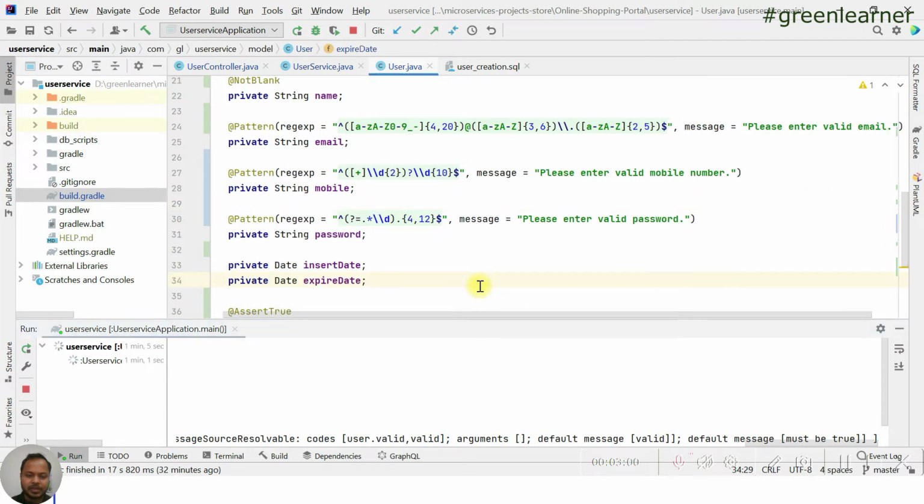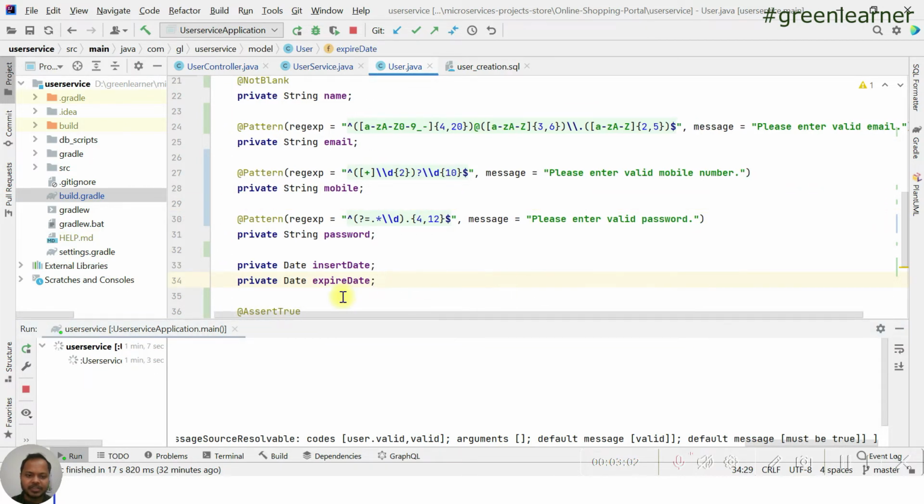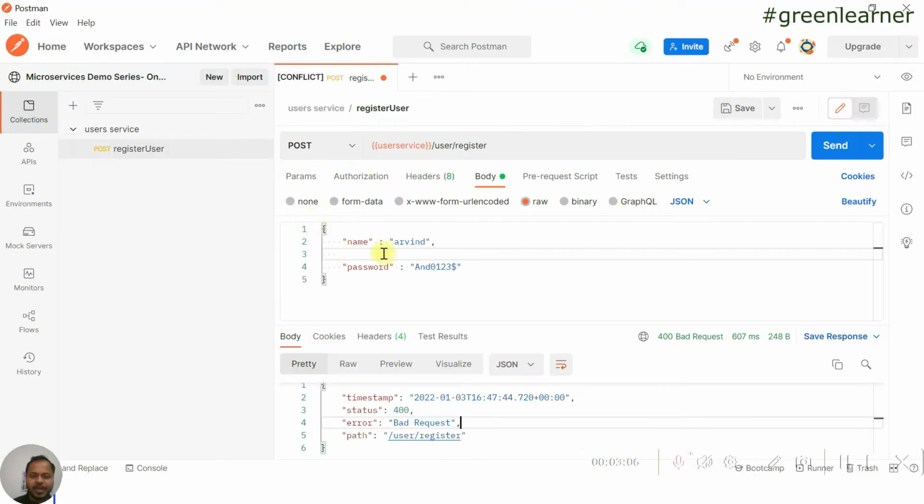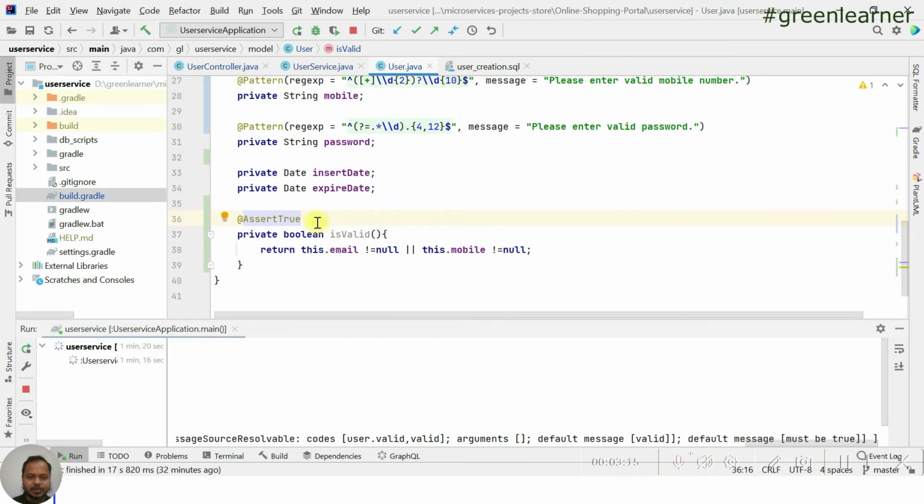Actually the actual message should be coming here, because this time we have given mobile and email, and both fields are empty here. That is why it is giving us a problem. It is giving us a default message, because we have not configured any message here.